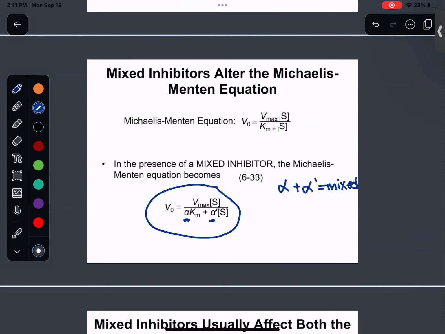Okay, think of these mixed inhibitors as a mix of kind of competitive or uncompetitive. Either it'll bind to the enzyme or the enzyme substrate complex. Now, depending on what route the inhibitor prefers based on its affinity, and yes, the inhibitor usually has a greater affinity than the actual substrate does, depending on what route it'll choose will determine whether the apparent Km increases or decreases. Okay, because we know in competitive inhibition, let's write this down.